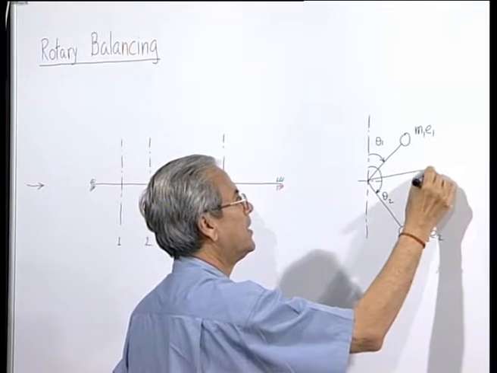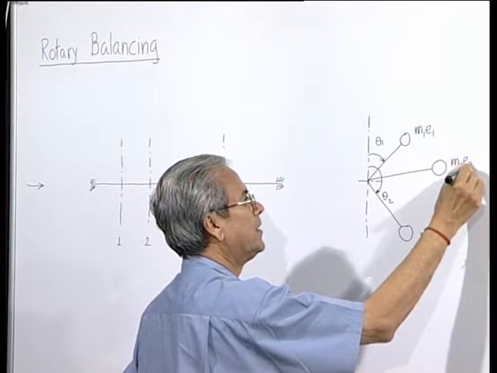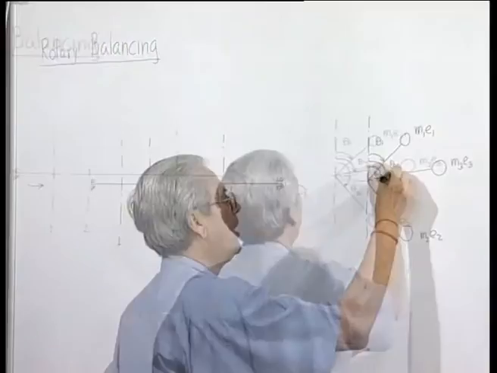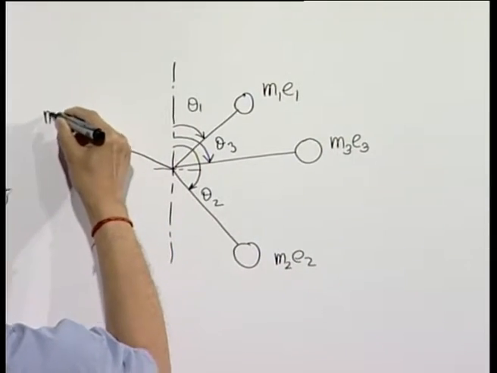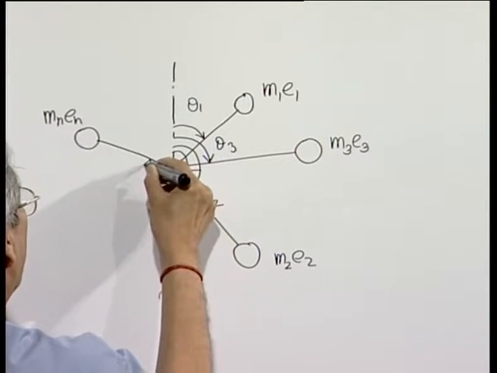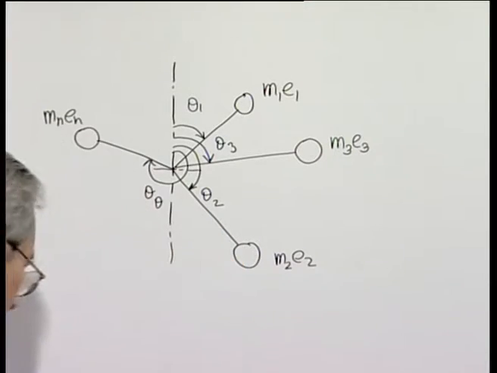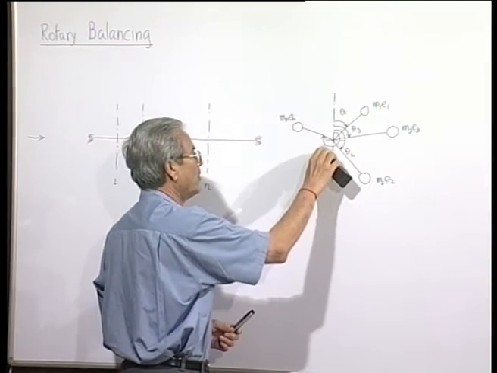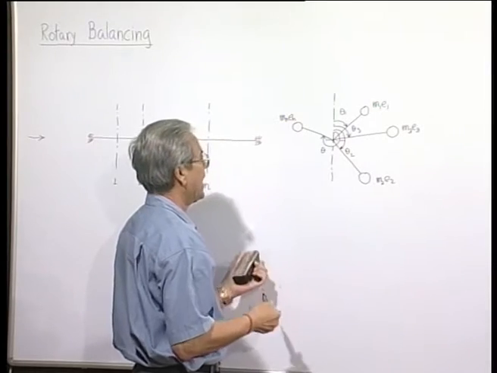Let this be m 3 e 3, making an angle theta 3 and so on. So, let this be m n e n, making an angle of theta n. So, the angular position and the magnitude of unbalance at these